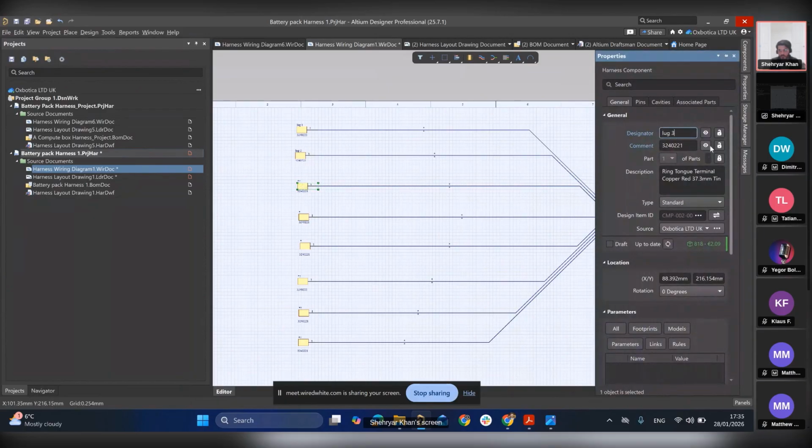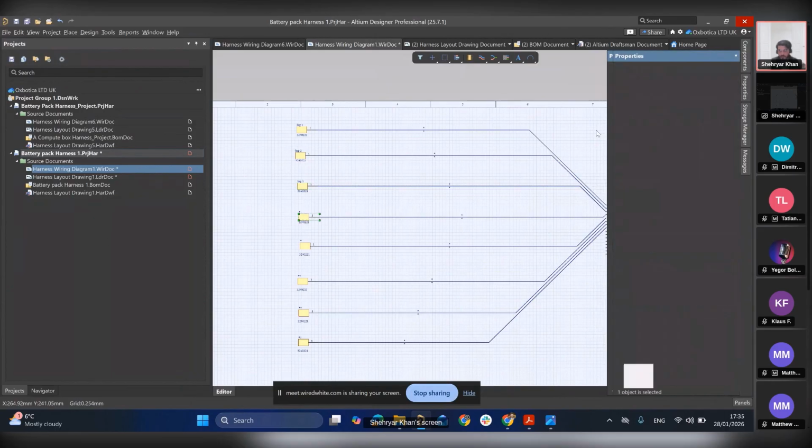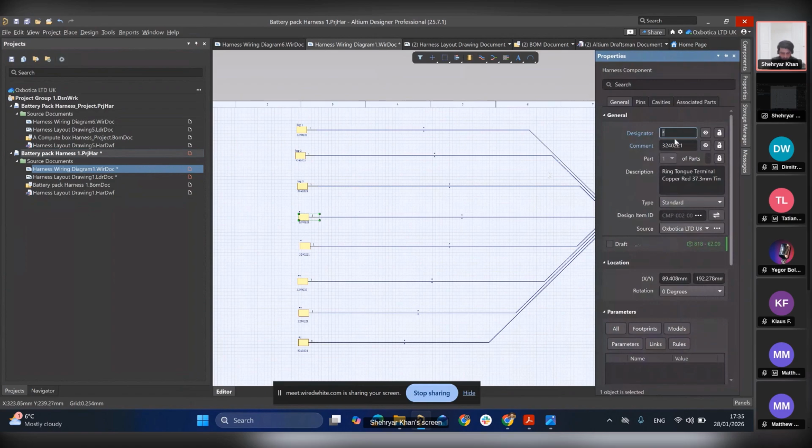Lug 3, lug 4, paste it, lug 5, lug 6, copy paste, lug 7, copy paste, lug 8. And these are my connector properties, description, and this is all coming from your